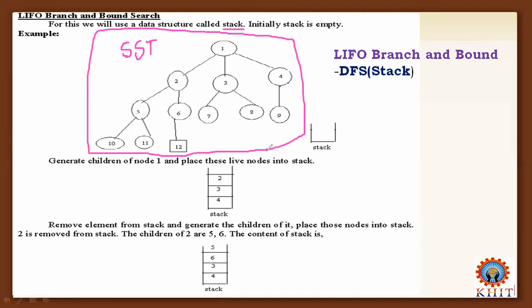Initially, I need to arrange the nodes in the last in, first out stack. How can you arrange the elements in the stack? Consider this is the stack; in the given stack, you need to arrange the nodes. In the first iteration, which nodes are generated? Node 2, node 3, node 4 are generated in the first iteration.